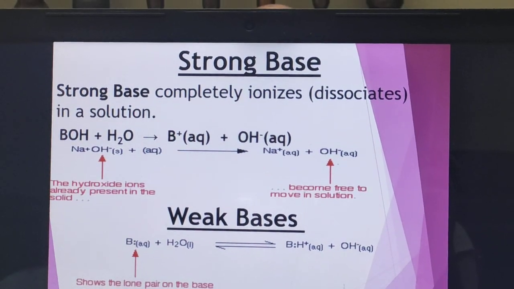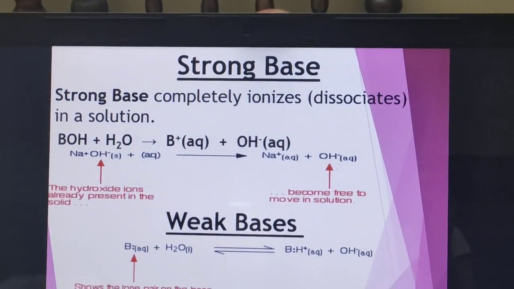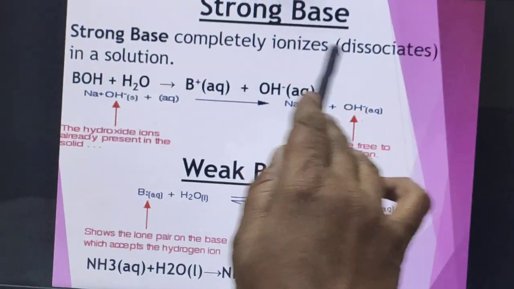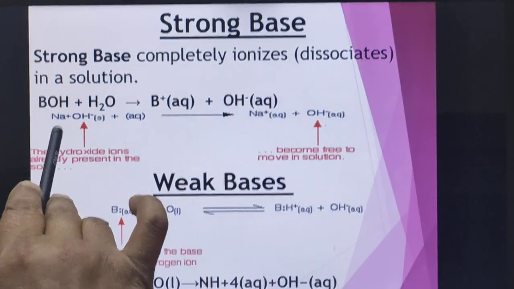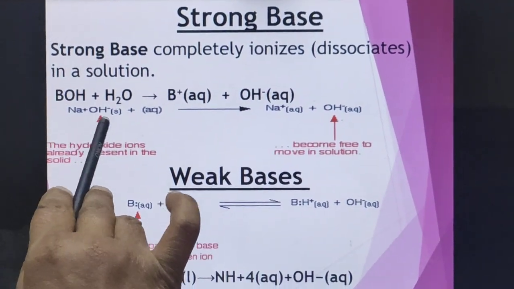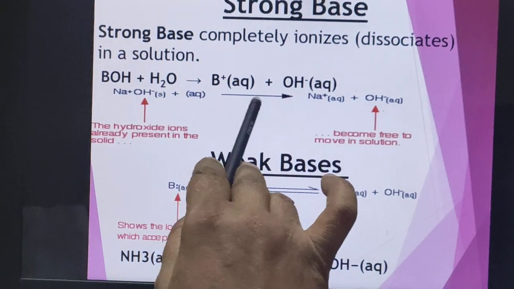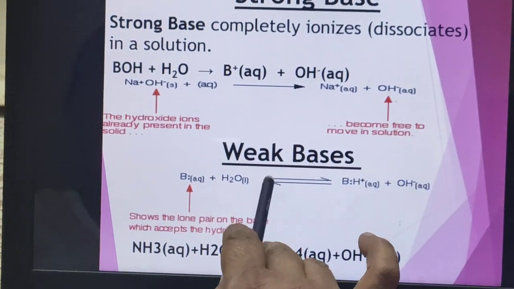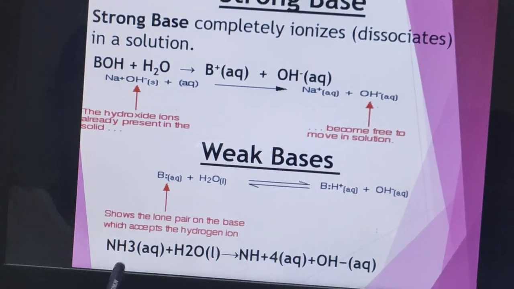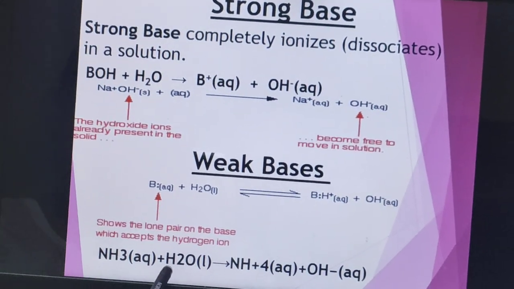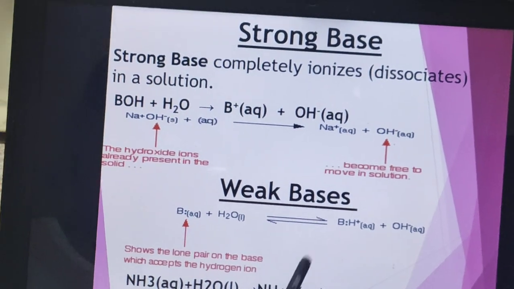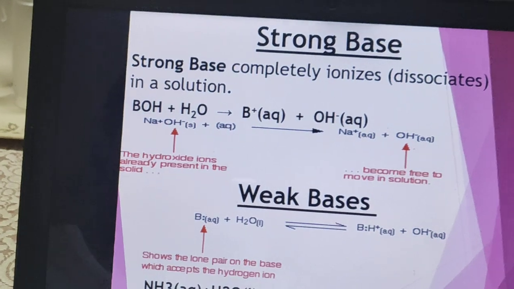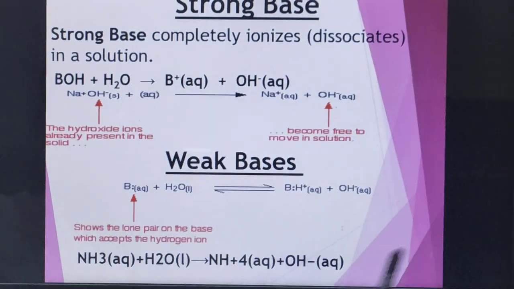Now, strong bases and weak bases. A strong base, same as an acid, completely dissolves and breaks up in the solution. Here I have taken an example also; you can go through it. Sodium hydroxide will react and give you sodium ion and hydroxide ion. For weak bases, I have taken ammonia, which will react with water. One of the H's reacts and will give ammonium NH4+ and OH-. Go through the whole of this slide.